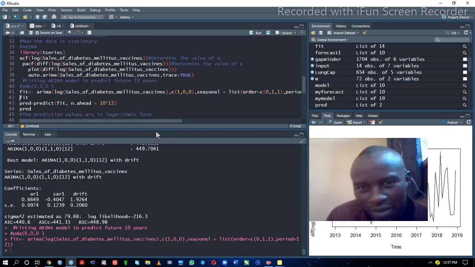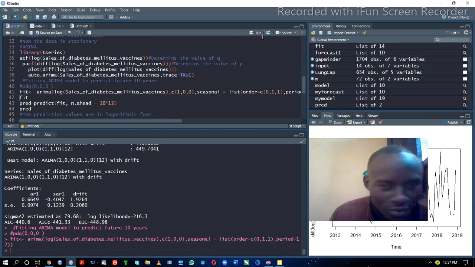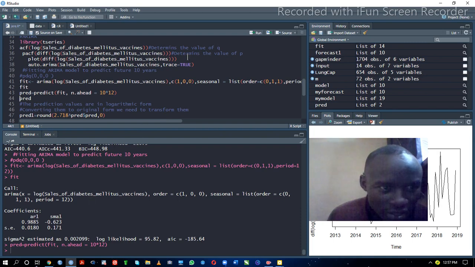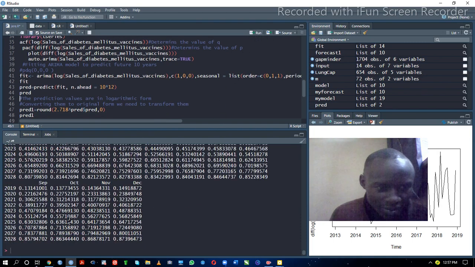And then we fit the model, and after we fit our model, we have to find this value of fit. This is the fit, we have the call of the fit, and then we predict for the next 10 years. We do this prediction for the next 10 years, and let's predict. We will see that after the next 10 years, this data is what? It has the log function. We have to eliminate this log function to find the real numbers. That is by rounding off this prediction, by 2.178. We raise to predict and